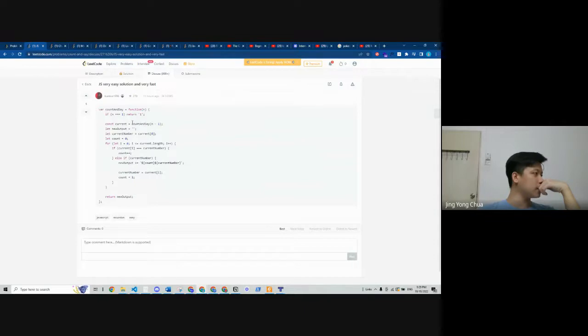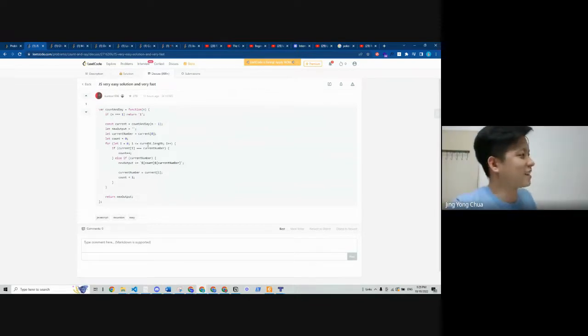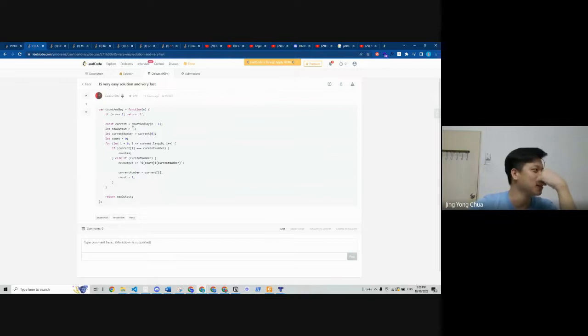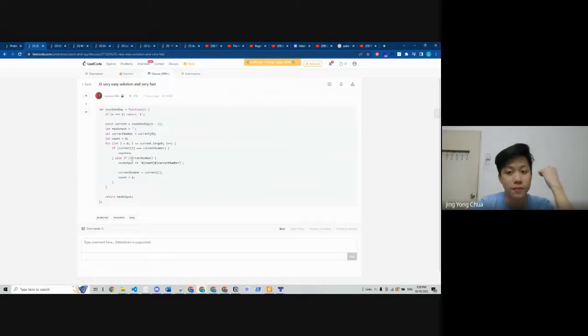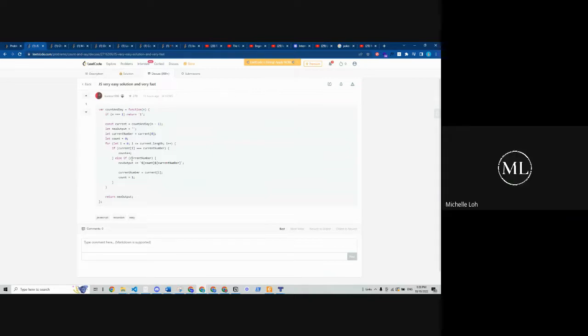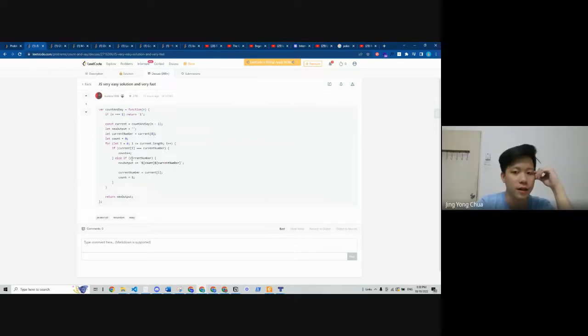Oh, it does call itself. Okay, this one I think we just refer to this and understand now, guys. Because I don't think we've done recursive before. I think it's a bit similar to Fibonacci, right?